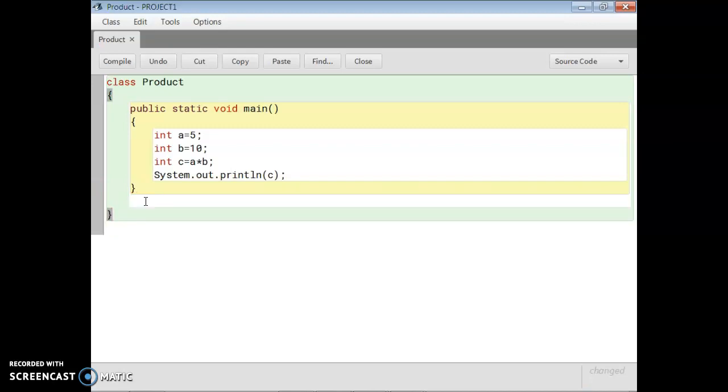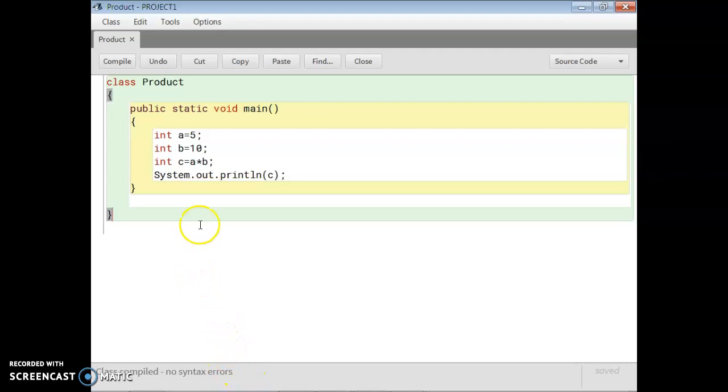So it is over. Now before execution you have to compile. Compile means you check your program for any errors. If you find any error, you first rectify it, then you can proceed further. So first go for compile, class compile, no syntax errors.